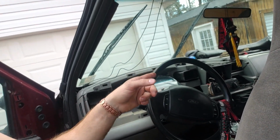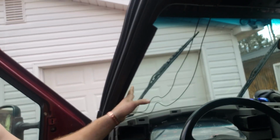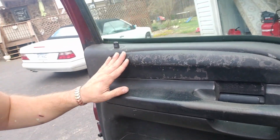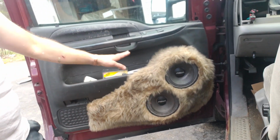Dash is tore apart. Got the new radio going in there. I'll show you that in a second. And then I'll have some tweeters. I'm going to fiberglass them into the pillars here. The door panels I will be redoing. I'm trying to source some new panels because, of course, the previous owner of the truck decided to spray paint everything, and you see how that came out. But I'm thinking about doing...